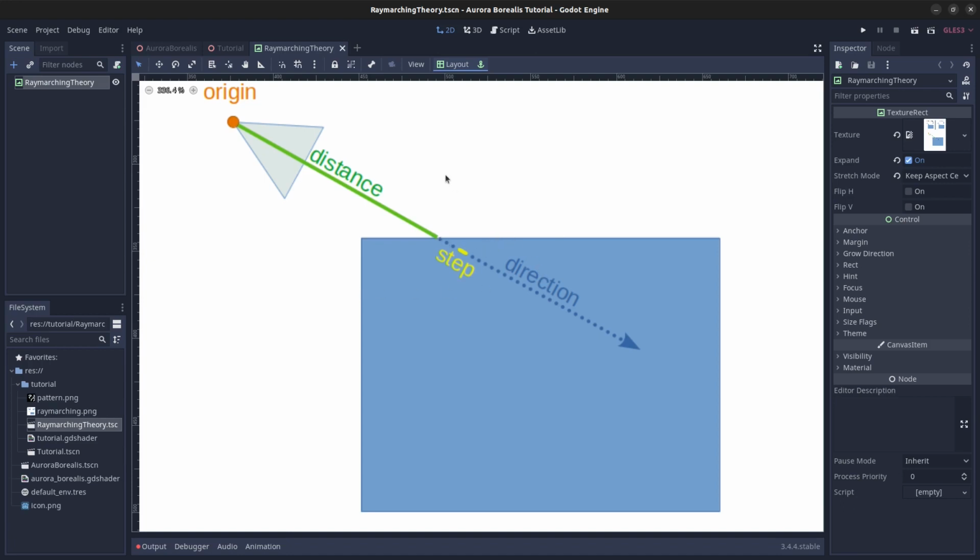Then we need the distance between the origin and the surface of the object. So this is basically our starting point. There is no point in doing ray tracing calculations before this, only after this, right? So this distance is a starting point for us. And then we need the length of the step, so that we can calculate those smaller points that are located